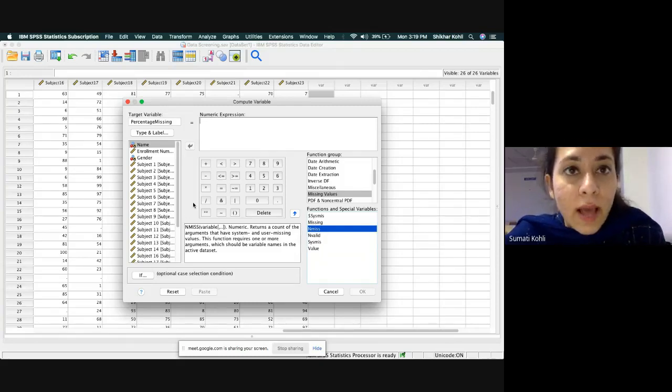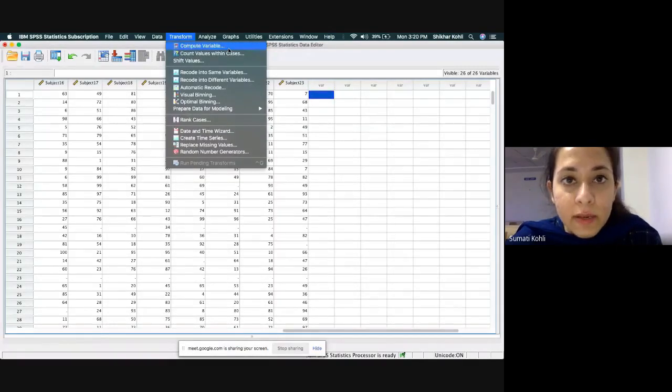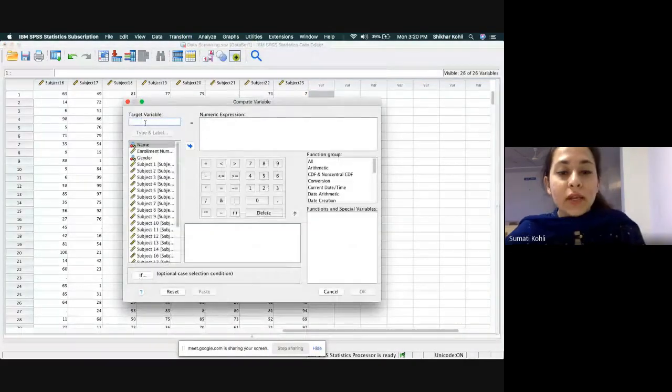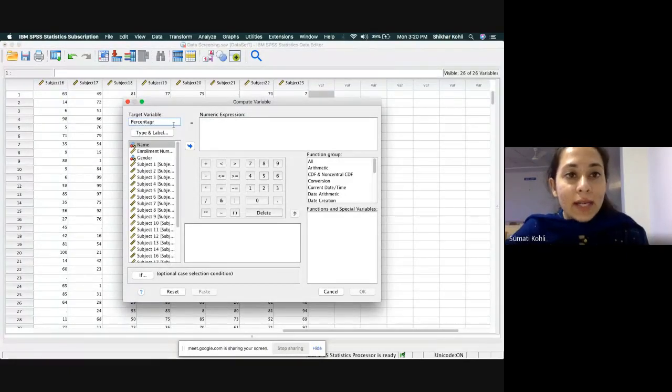I'll just repeat the steps. All you have to do is go to transform, which is right at the top. You have to click on compute variable, which is the first one. And then you write what you would like to call the column. I'd like to call it percentage missing.